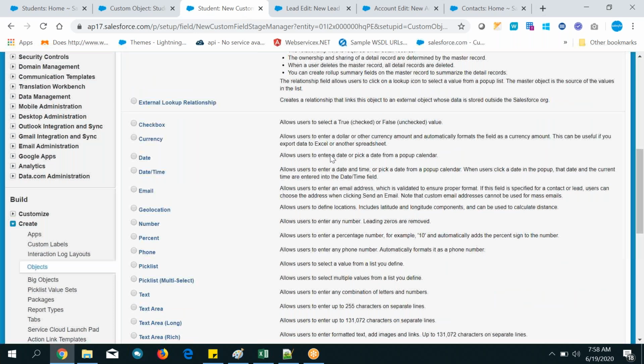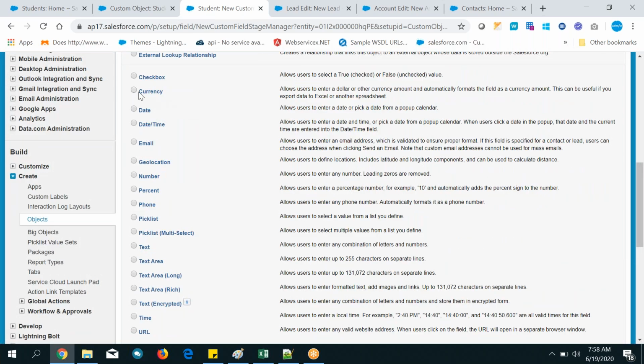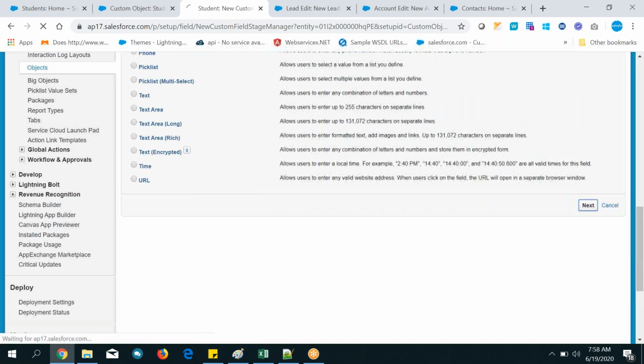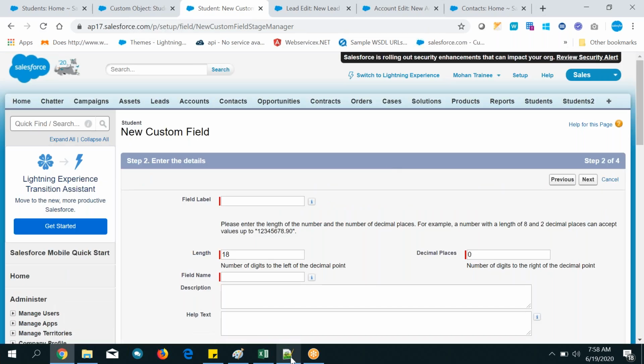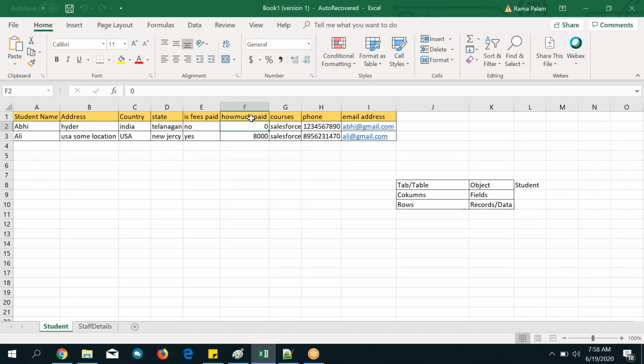I told you, for money related things you need to select the currency data type. So select currency only, click on the next button, and enter what you want to add: how much fees paid.